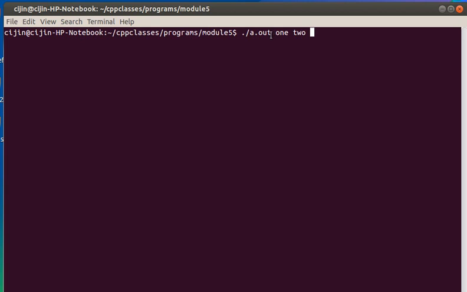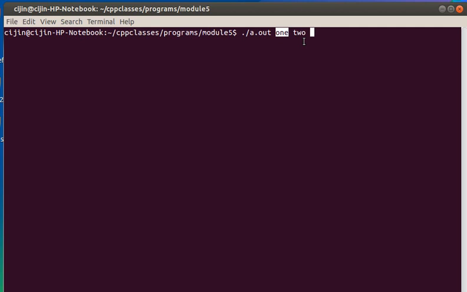So in C++, the first argument, the argument having index 0, will be the program name. Here we are not specifying a program name, we are specifying ./a.out. So the first argument will be ./a.out, and args of 1, the second argument, will be ONE, and the other will be TWO.